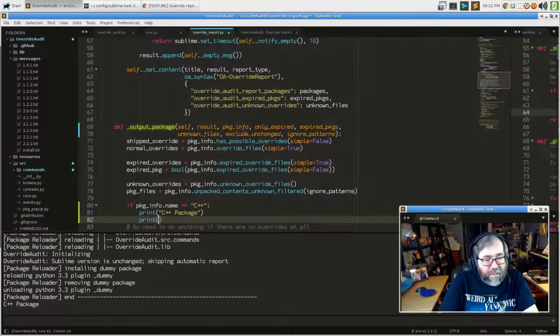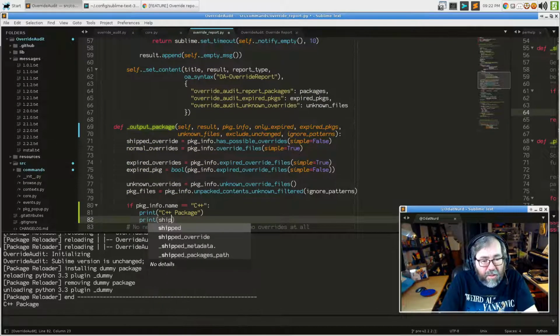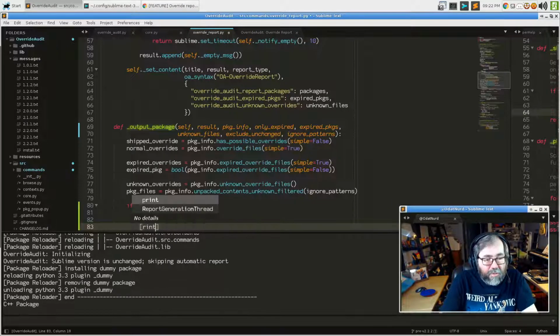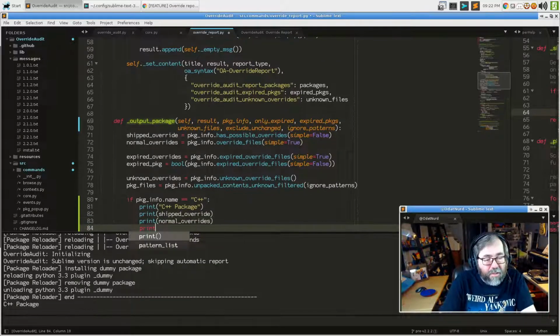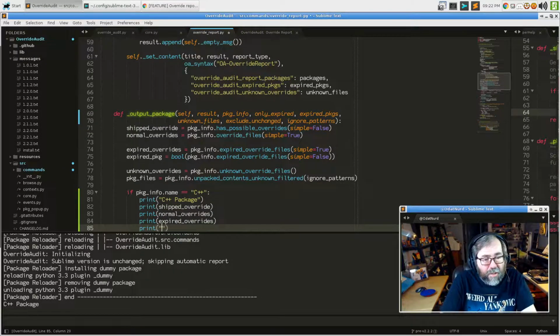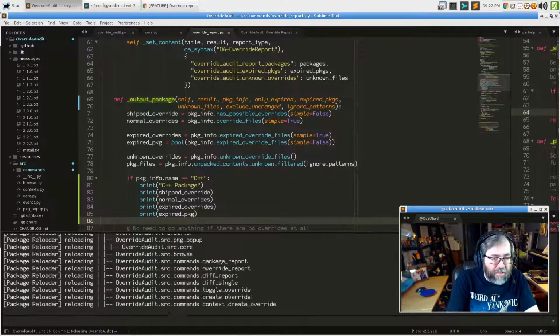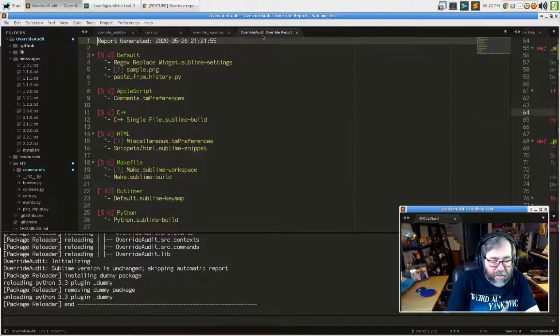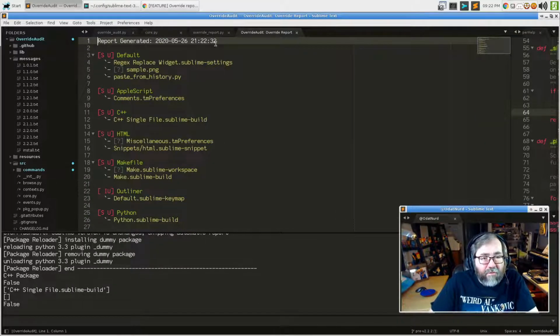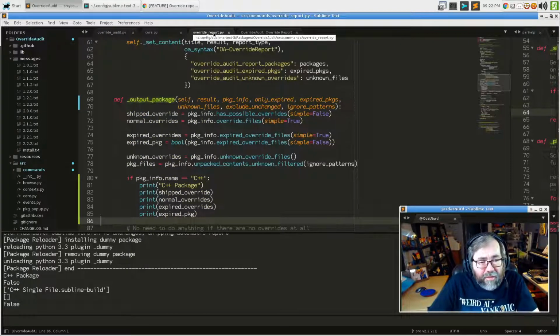Next, we print shipped override, and whoops, normal overrides. Whoops, expired overrides and expired package, which I'm pretty sure is going to be false here. That only happens in very specific cases. So reload that and then reload this. If you look, there's exactly